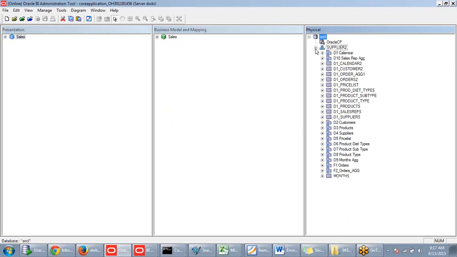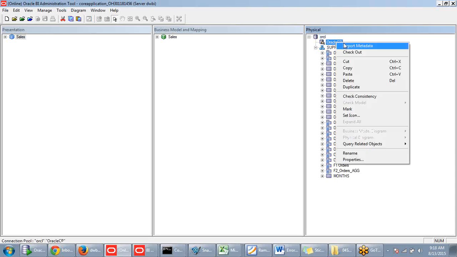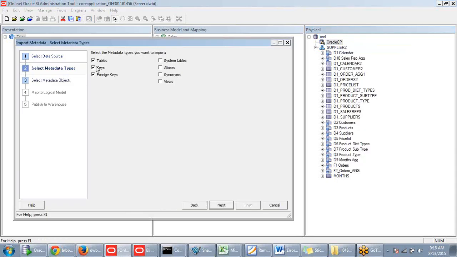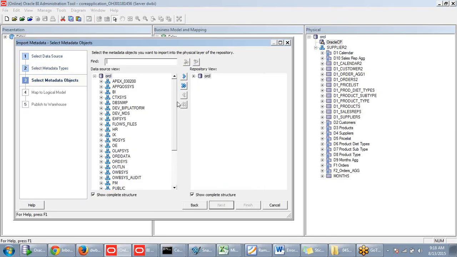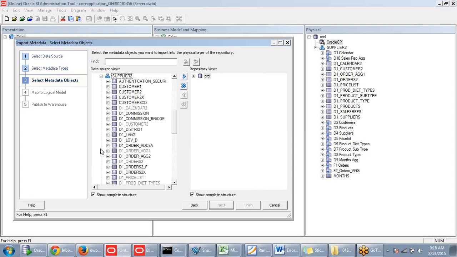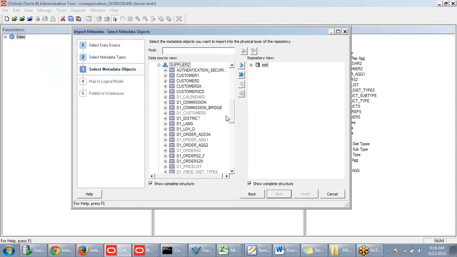Now I have opened my AppD, and now I have imported. I have just right clicked on my connection pool and clicked on import data. Click on next. And from supplier 2, for all my dimensions and facts, I do have some aggregate tables. So I have imported the following aggregate tables, that is this D1 order AGG1 as well as